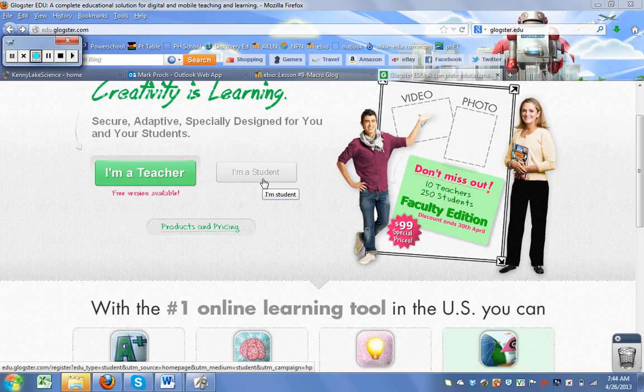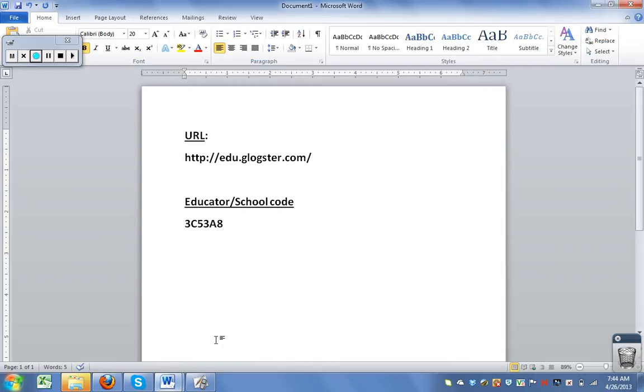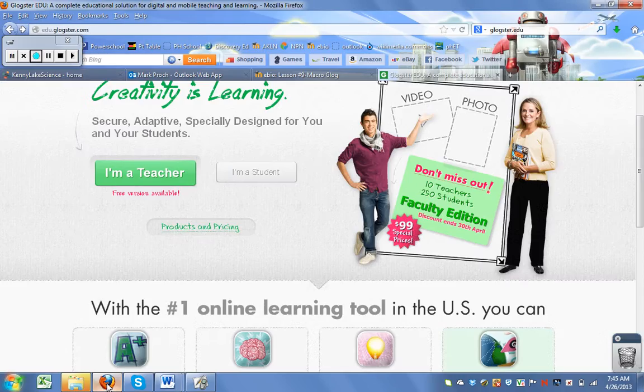So I want to give you an example of how to sign on to Glogster in case you're having trouble. The URL, let me show you on a Word document. The URL is right here, edu.glogster.com. If you just put in that URL, you will get this site right here, and you see I'm a teacher, I'm a student. The only thing you're worried about is I'm a student. You click on that,